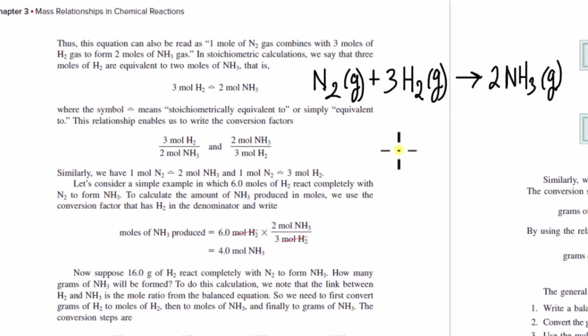No, in general, you would say something like this. You would say, let's consider a simple example in which 6 moles of H2 react completely with the nitrogen gas to form ammonia gas, right? And so in this case, in order to calculate the amount of ammonia produced or nitrogen consumed, we're going to need to use the stoichiometric equivalencies, sort of as conversion factors. So if we start with 6 moles